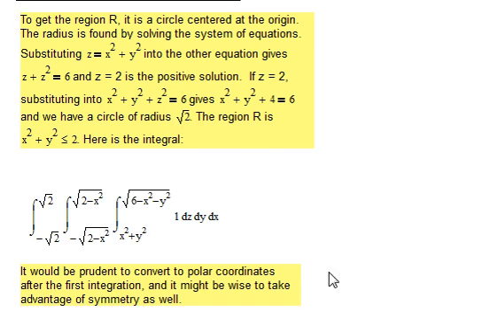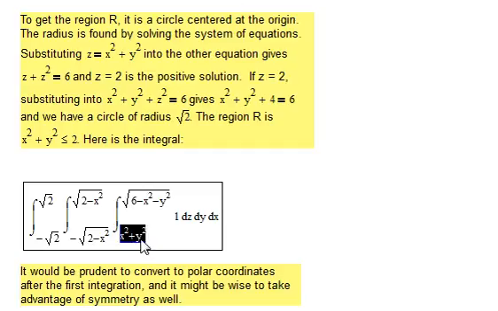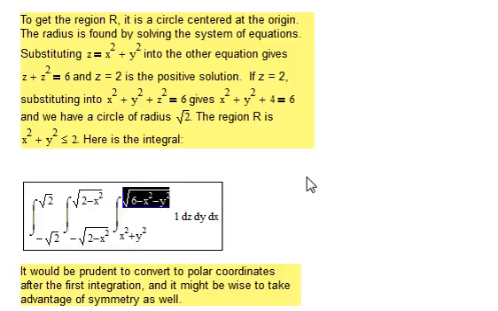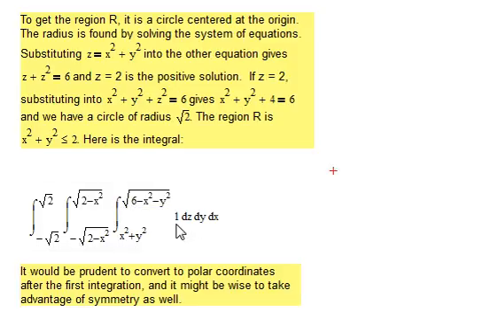And so here's the bottom, z going from x squared plus y squared to the top. This is the upper part of the hemisphere, or actually the upper hemisphere of the sphere I've drawn there,